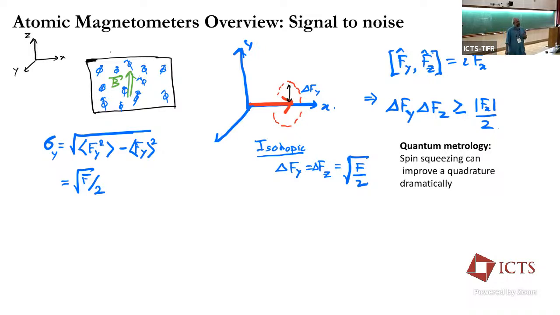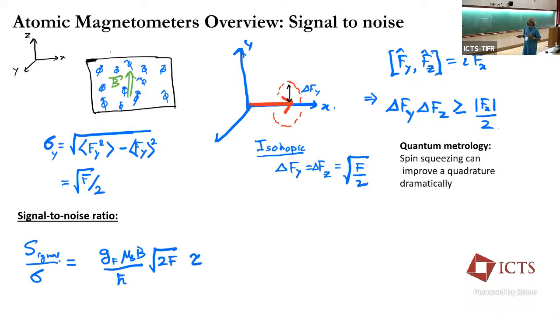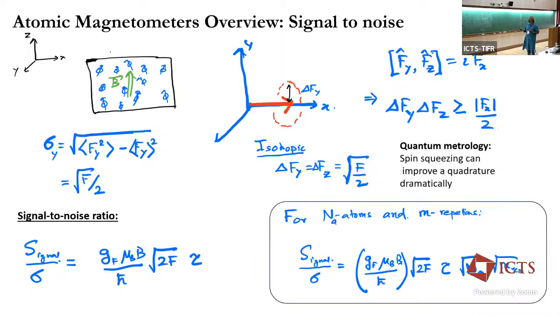So there are very interesting twisting Hamiltonians and so on you can use to prepare a state which will, at least in one quadrature, give you lesser fluctuations. So now the signal to noise. We have a signal expression and a noise expression, and if we divide the two, it's a basic simple thing. You see that again the signal to noise is proportional to B, and it also depends on the time the system has evolved.